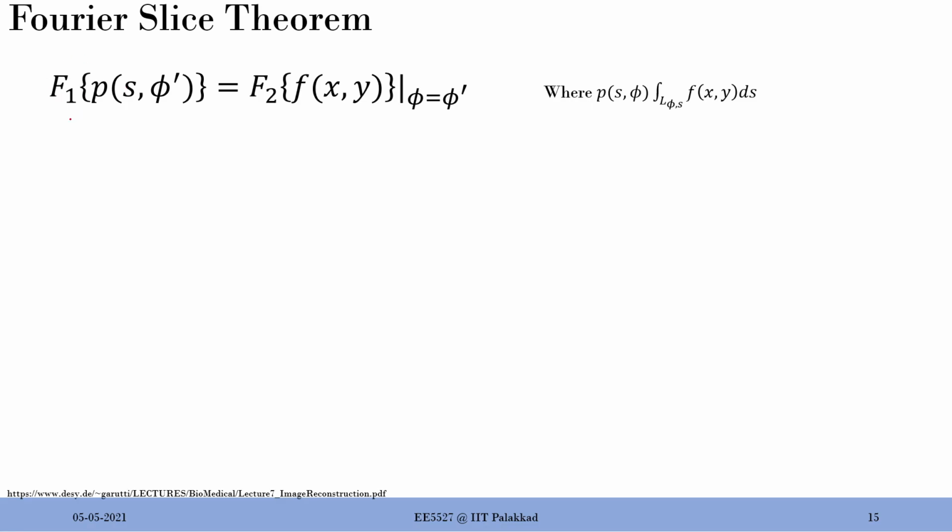And if I take the 1D Fourier transform of that, I get a signal, a Fourier transform, which is 1D again. And that is equivalent to taking the entire 2D Fourier transform of the image and only evaluating at phi equal to phi dash. That means I'm slicing the 2D Fourier transform at that particular angle. Since phi equal to 0, as I was showing you in the previous case, is the horizontal slice. If phi is equal to 90 degrees, it will be a vertical slice. If phi equal to 45 degrees, it will be an angled slice, right? So whatever it is, you take the Fourier slice, they are equal.